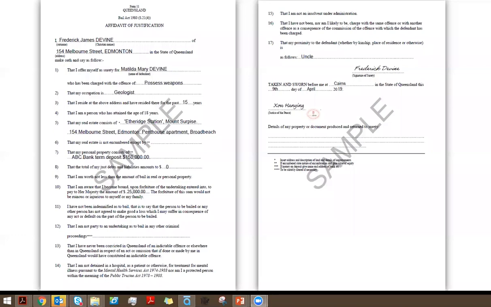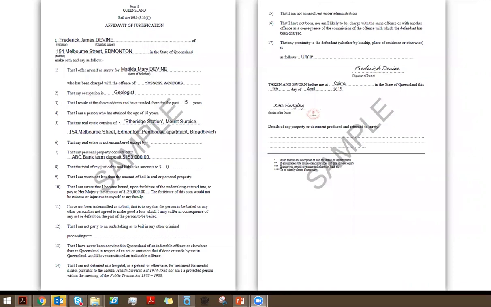This example on your screen is an affidavit of justification, and it's authorised under the Bail Act 1980, and it allows for an alleged offender, or in this case a defendant, Matilda Mary Devine, to apply to a court of law to be released on bail.